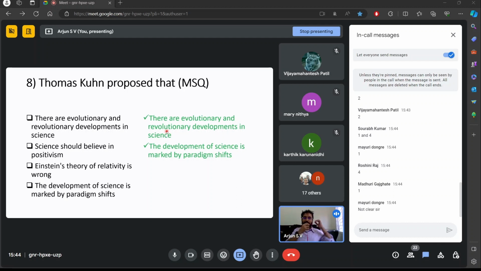Thomas Kuhn said that there is normal science and revolutionary science. Normal science's other name is evolutionary science. He said that evolutionary science makes smaller increments to science. Those kinds of scientists answer day-to-day questions, and when these questions start saturating, then the other group of scientists, called revolutionary scientists, start to